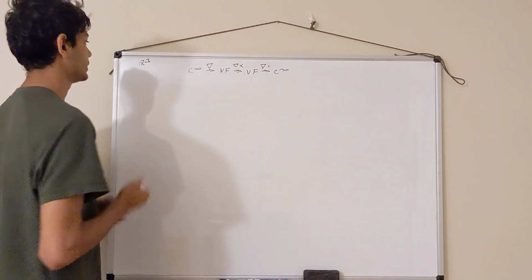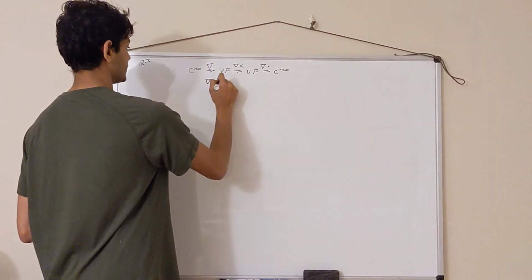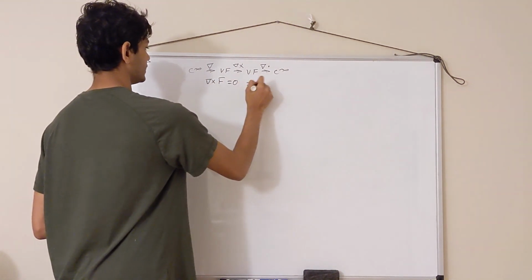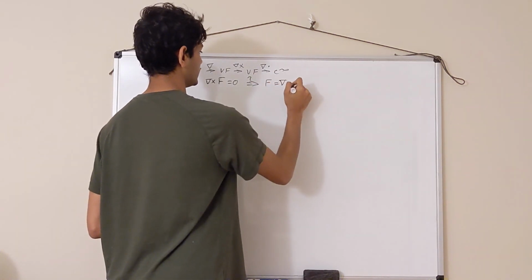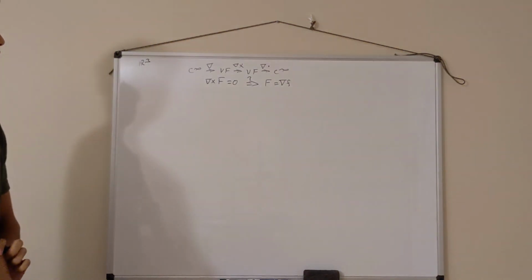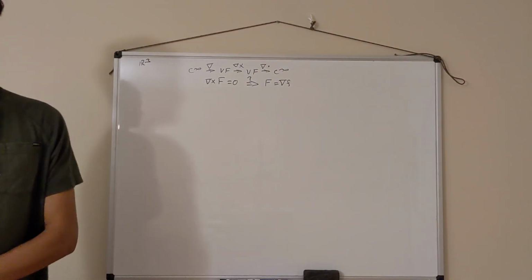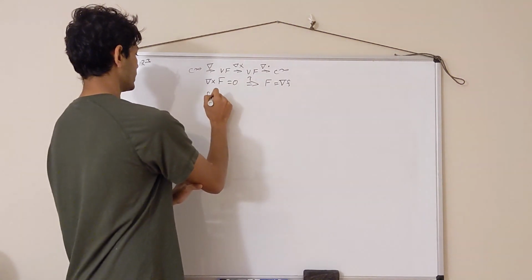So let's start off with our question: if the curl of some vector field F is equal to 0, does this imply that F is the gradient of some function f? And so the answer is usually yes. And we can do it in much the same way that we did last time, where we can define f